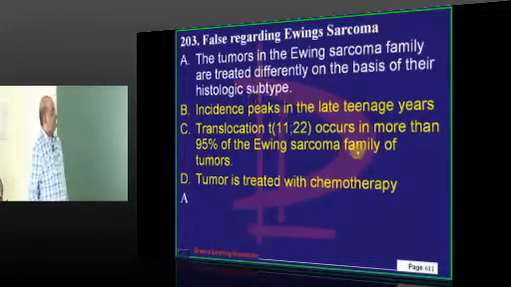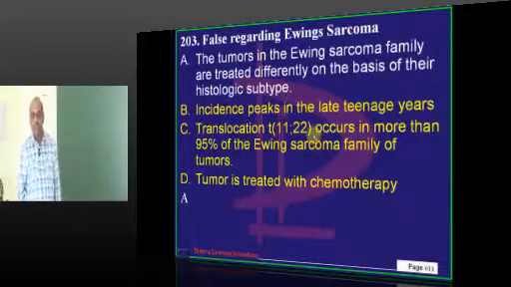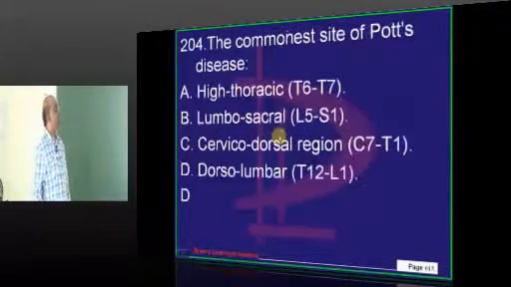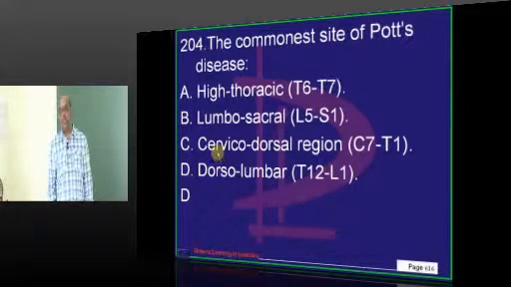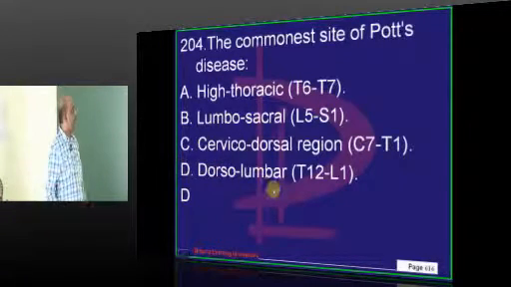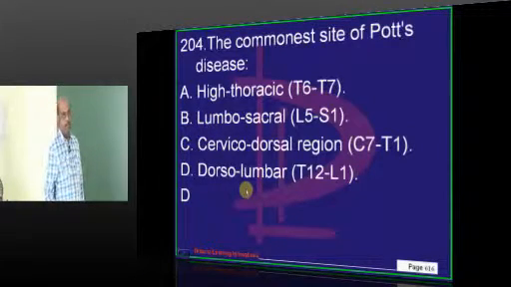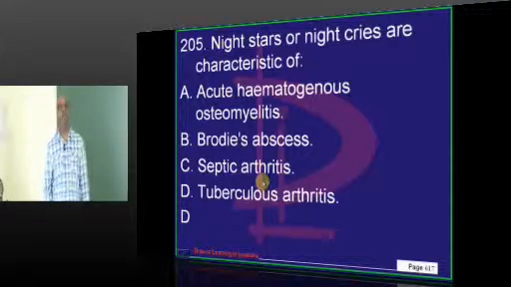In Ewing sarcoma, whatever be the histological subtype, based on the staging we need to treat the same way, everything. Pott's disease, tuberculosis, is it common in dorsal, lumbar or thoracic? Dorsal lumbar? Huh? Then night crying is typically found in